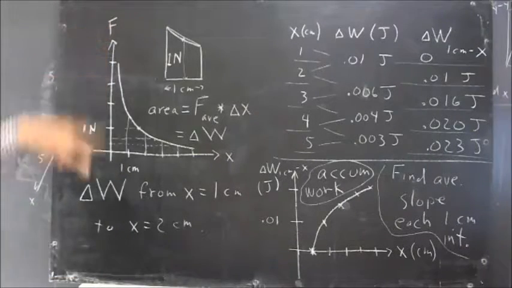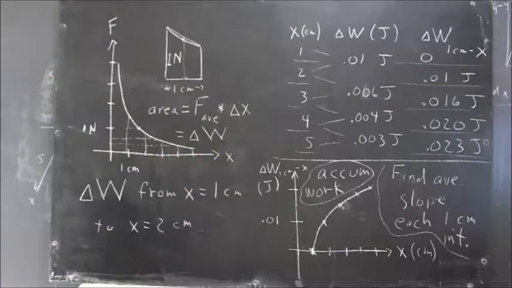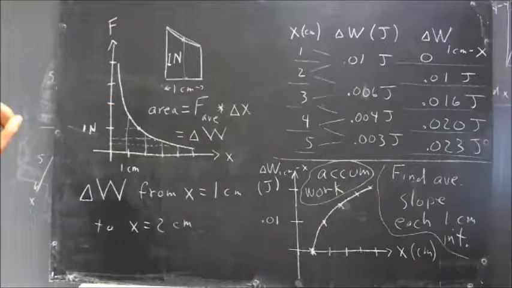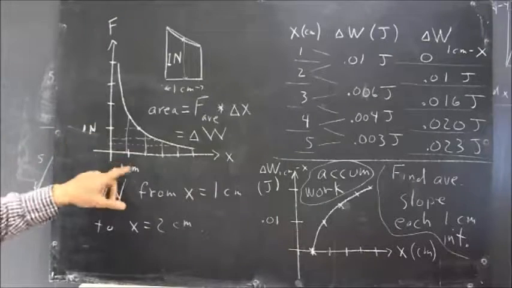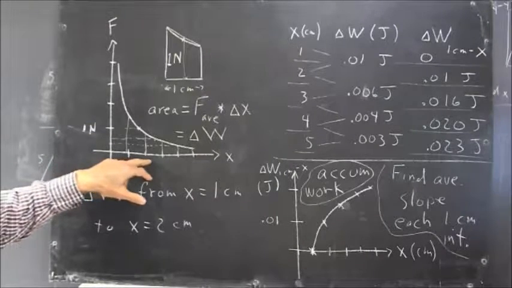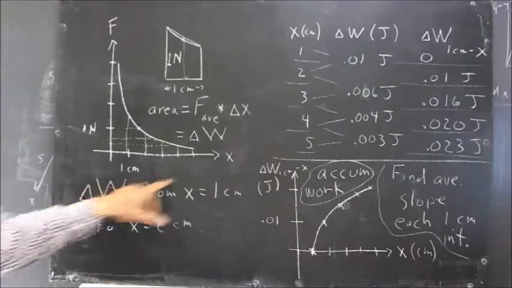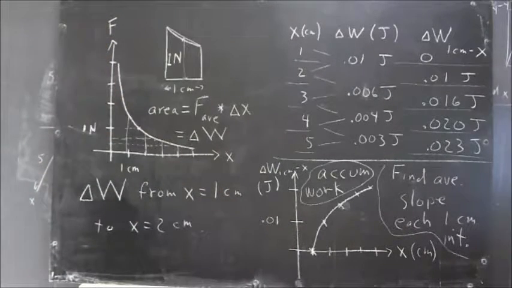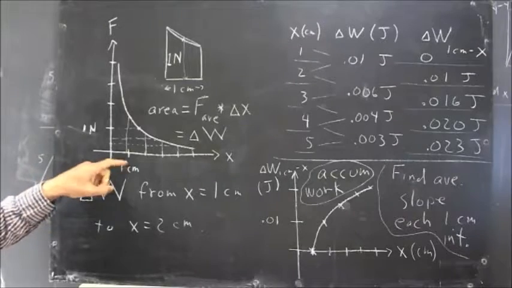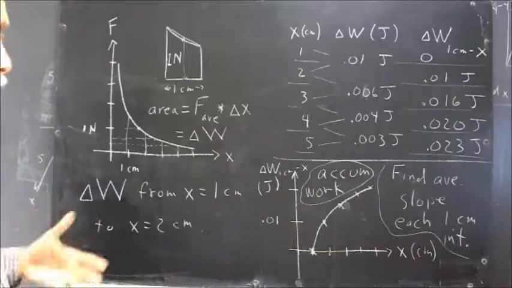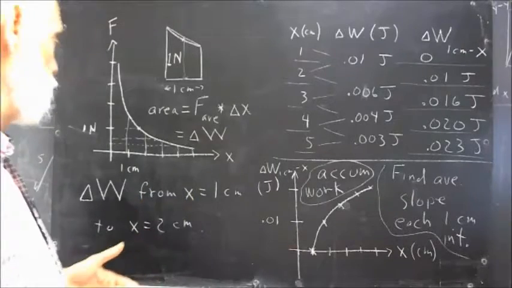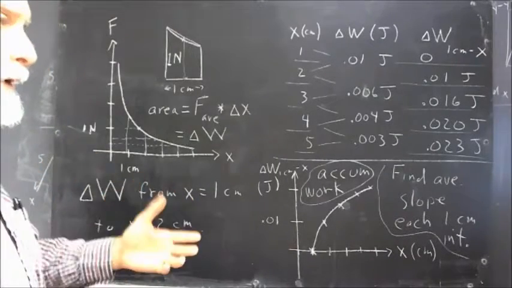We begin with a force versus position graph, and we ask what's the work associated with the interval from 1 centimeter to 2 centimeters? X being the position, F being the force. The answer to the question is fairly straightforward. Work is equal to the product of force and displacement, or the product of average force and displacement when you